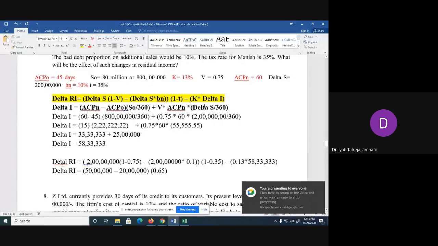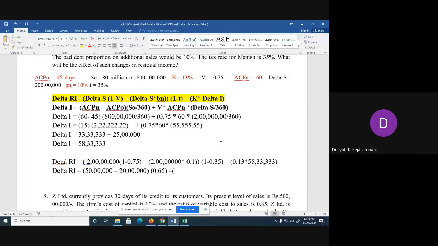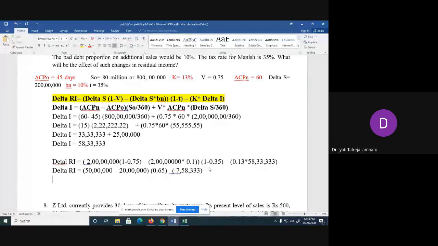And then minus k into delta I, the value of k is 0.13 into 58,33,333. It's 7,58,333. Now what you do, 50 lakh minus 20 lakh is 30 lakh. 30 lakh into 0.65 is 19 lakh 50,000. So 19 lakh 50,000